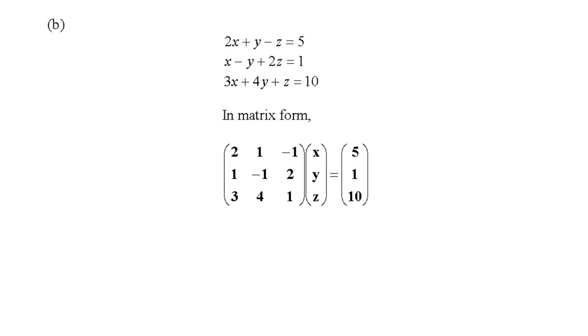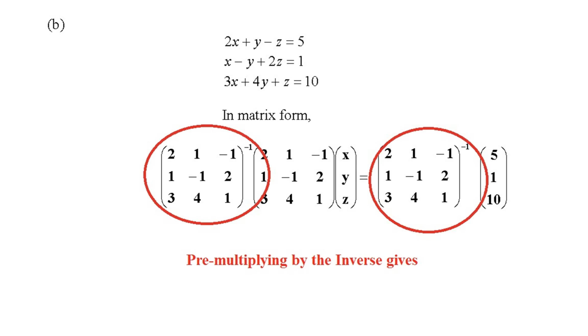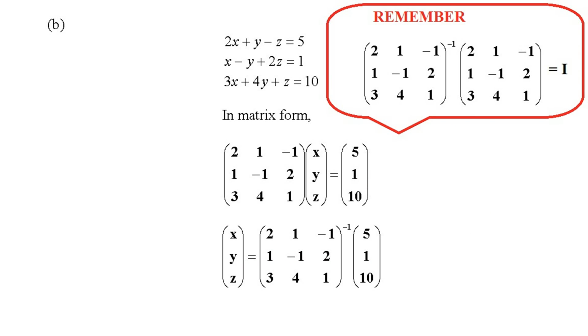So the coefficient matrix is 2, 1, minus 1, 1, minus 1, 2, 3, 4, 1. So if you multiply that matrix equation by the inverse of that matrix, you can calculate x, y and z as a result. So x, y and z would be the inverse of the matrix multiplied by the column matrix